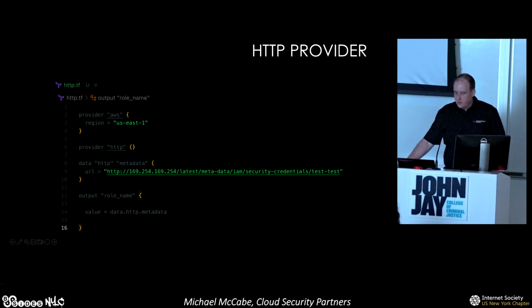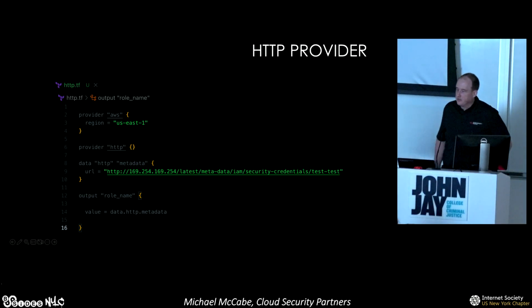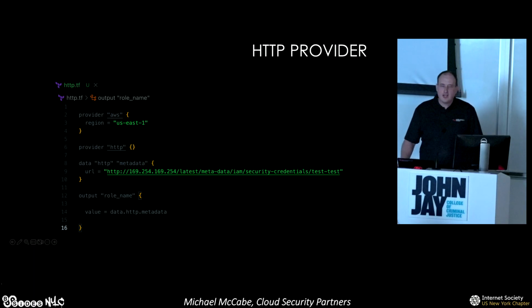So here's an actual data method. It's HTTP, so basically it makes a GET request. It's not fully featured. It's just a basic GET request, and it can't do a huge amount. But again, if people are familiar with the metadata service that I referred to before, you can hit that metadata service and pull those STS credentials out for that Terraform instance. If anyone has heard about the Cap1 hack, that was someone using SSRF to get the metadata credentials and then using that to pivot elsewhere. So this is a data lookup that you can then get credentials with.